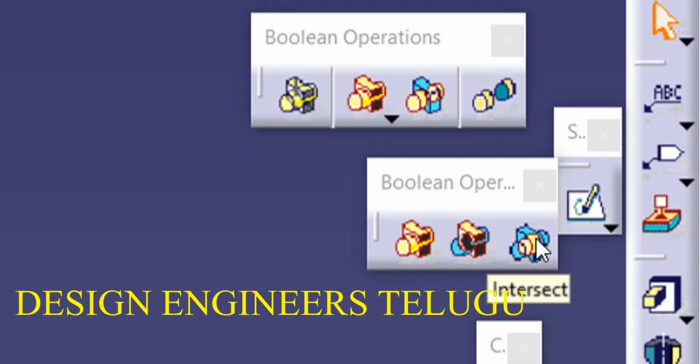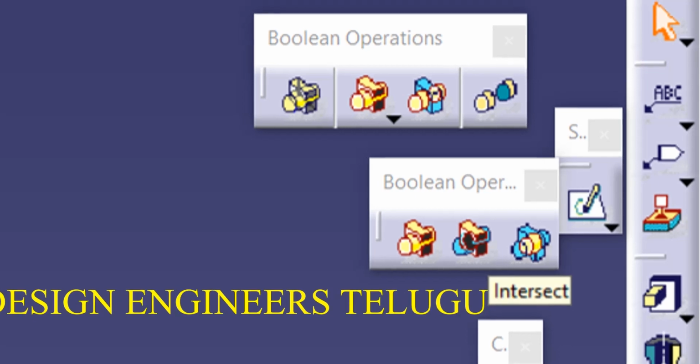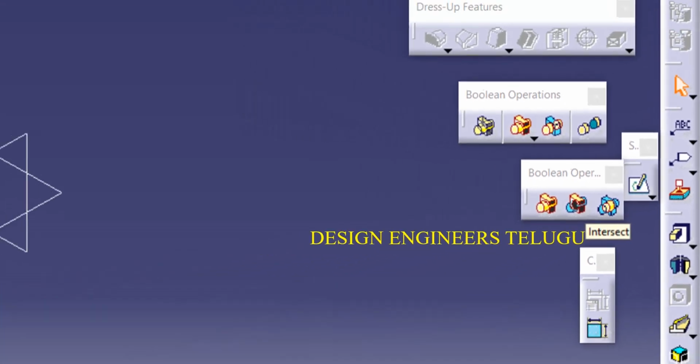Before discussing these tools in depth, we should know the importance of Boolean operations, why we need to use them, and where we will use them. First, why do we need them? Suppose you want to remove material from the body.